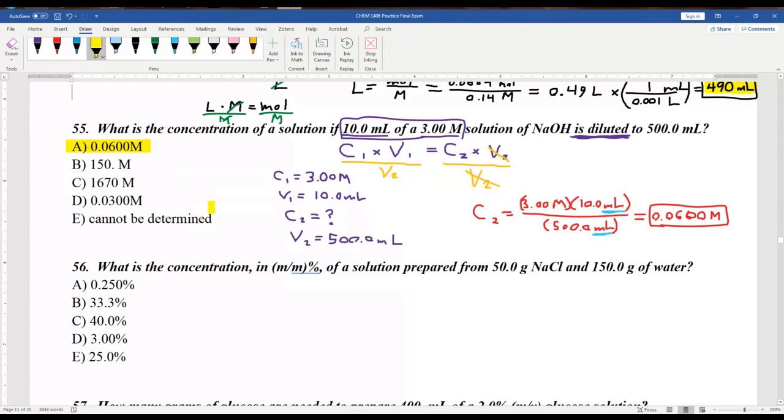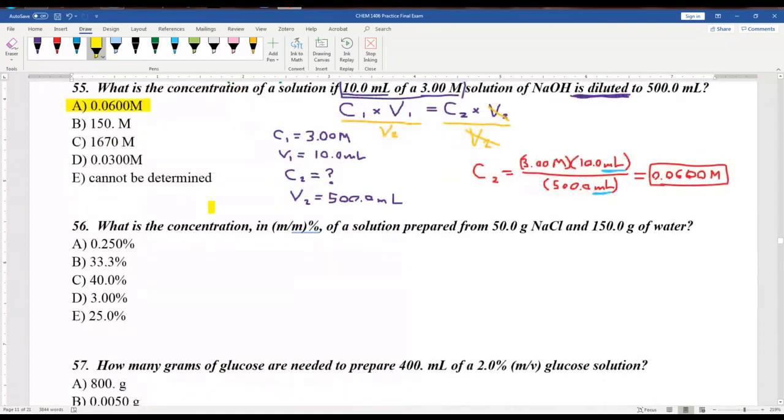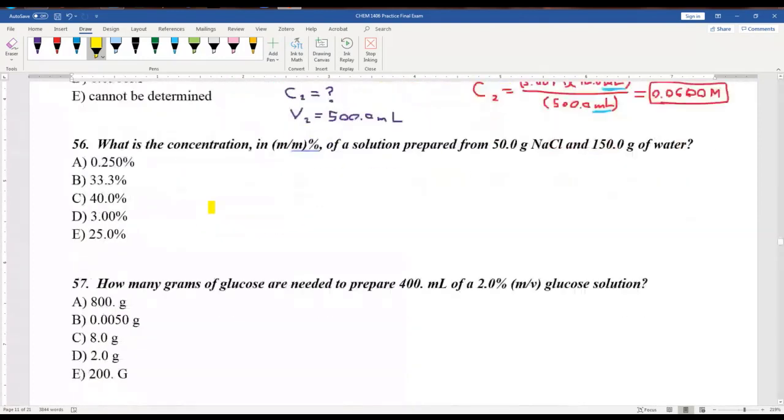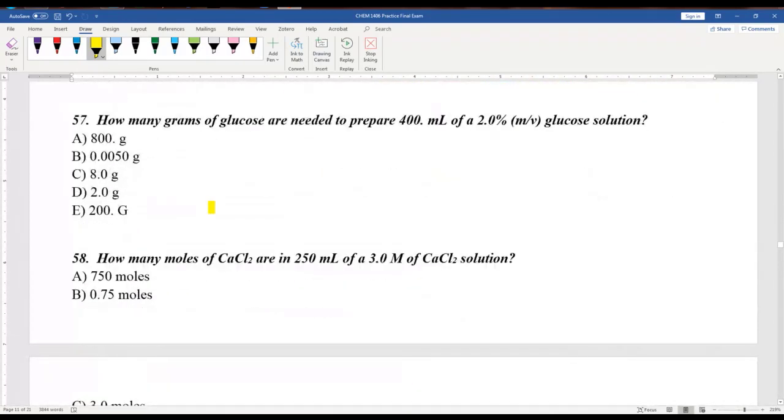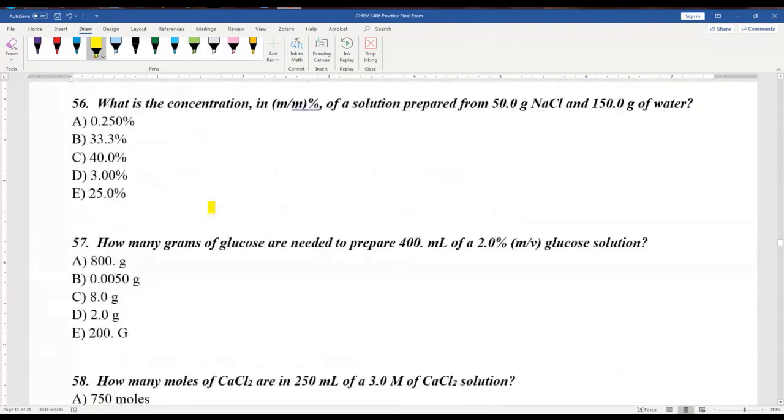Now, if you're given concentration, you can use it as a conversion factor. If you're asked to solve for the concentration, either molarity or concentration, you're going to have to actually use the formula. So let's just do one more of these concentration problems because I think it'll be helpful to you. Let's do number 56 because it's the only other type of problem I think could trip you up potentially. It's asking me to solve for the concentration, which means I have to use the formula for the concentration, which if I have mass percent,